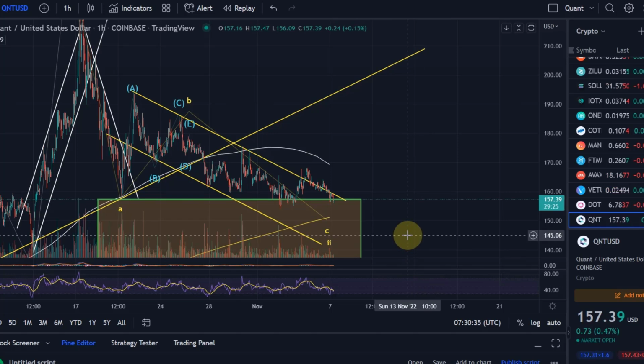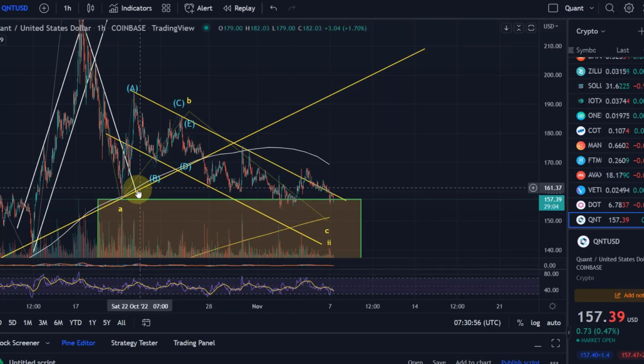We haven't got a signal that we've bottomed here, so overall we have to assume we are carrying downwards. Also, the wave C is pretty short, so I would generally expect a bit of a longer decline, but be ready for any move to the upside already now because we've hit my support area. I started to say that when we hit that support area for the first time, which was earlier in October. So yeah, that's my update about Quant.